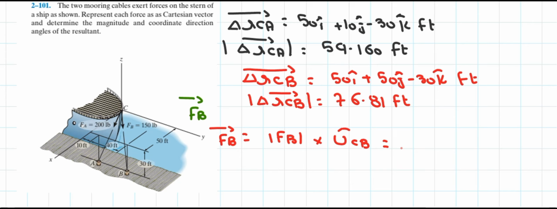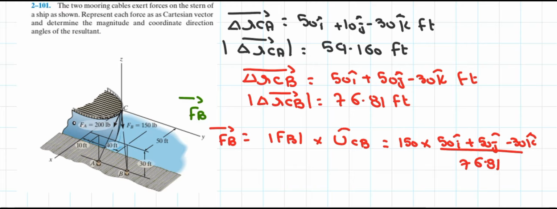So the value of FB according to the equation is nothing but 150 into, and the vector in this case is nothing but delta RCB upon delta RCB magnitude. So it will become 50I plus 50J minus 30K upon its magnitude, that is 76.81. Now multiply 150 to the individual unit vectors present here. So the vectorial form of FB is equal to 150 into 50 divided by 76.81. So you will get 97.64